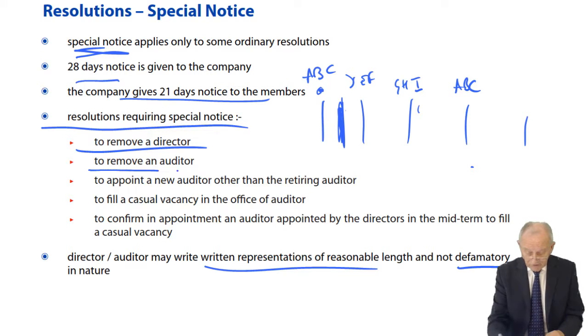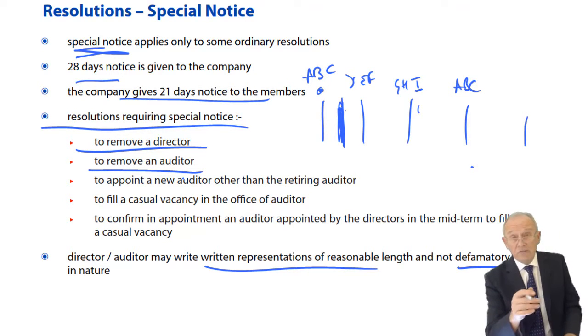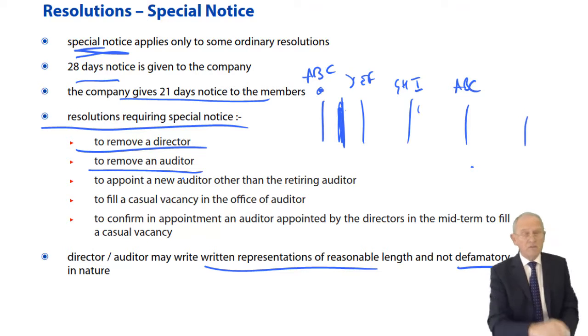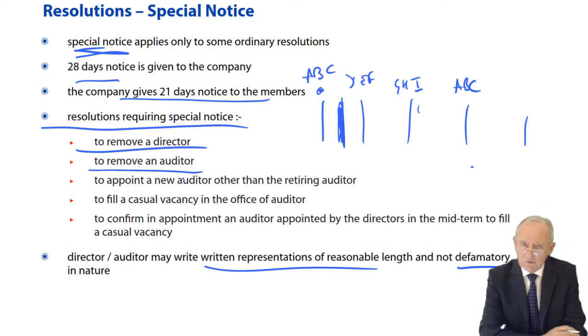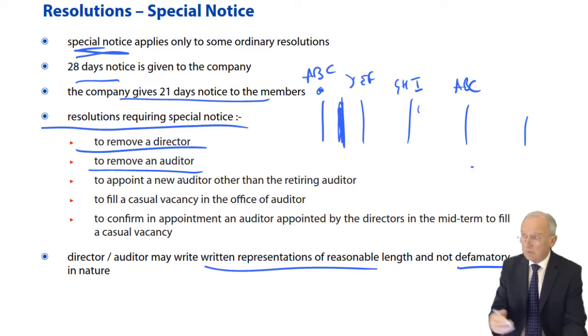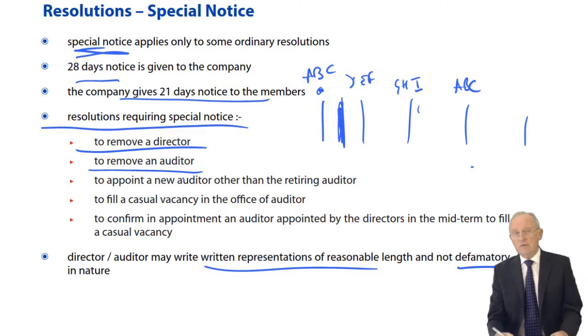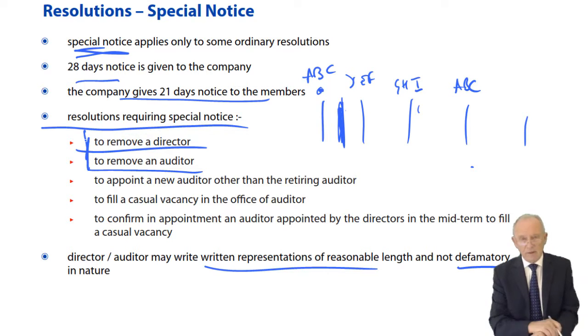And removing an auditor is the second, and the procedure is just the same. The notification is given to the company, which contacts the auditor: sorry about this, auditors, but we've had a request to include a resolution on the next general meeting of a proposed ordinary resolution. It requires special notice because it's a resolution to discuss and, if thought fit, to remove you as auditor halfway through your year of office.